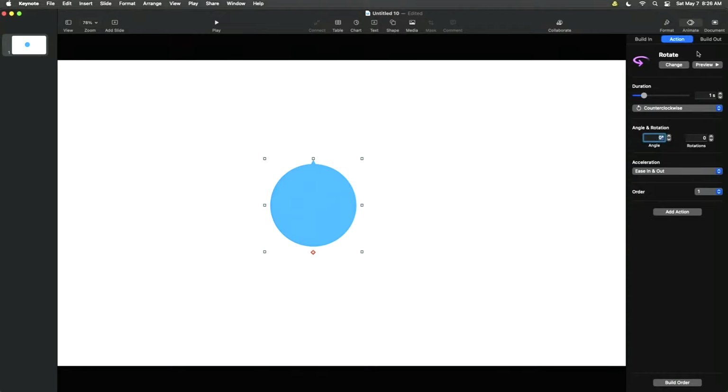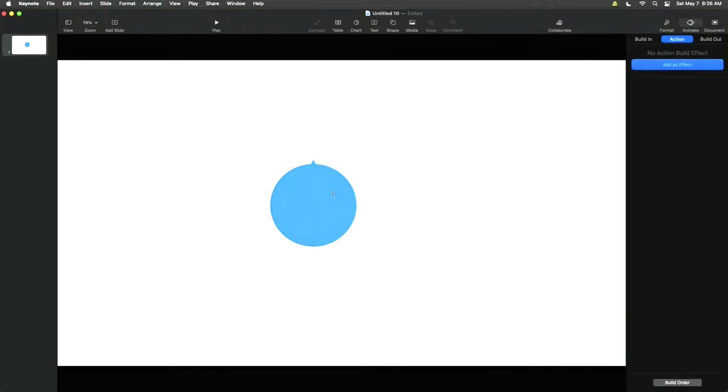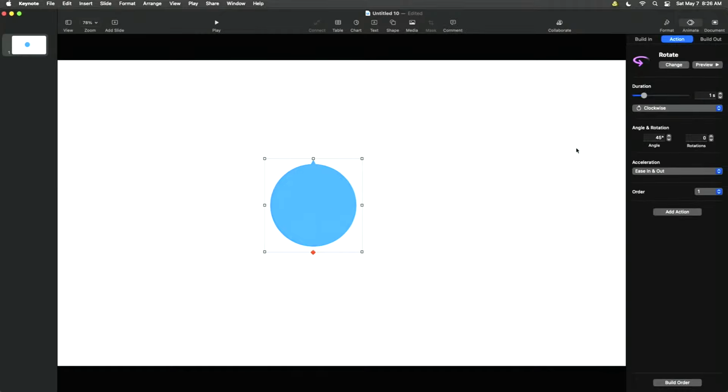-45. That's interesting. Oh, it wants to be a certain direction, so clockwise, say 45 degrees, preview. There's your dial, and you have it set to ease out, but that would be kind of nice. And if we click into this, anyway,